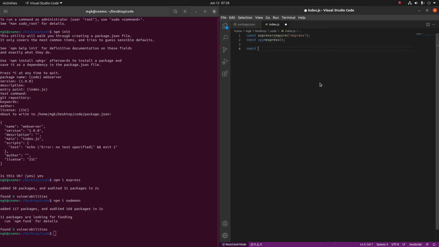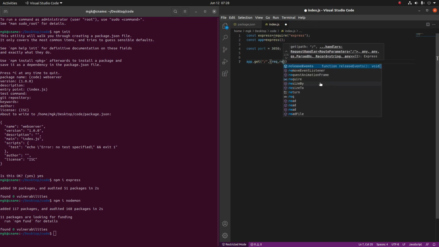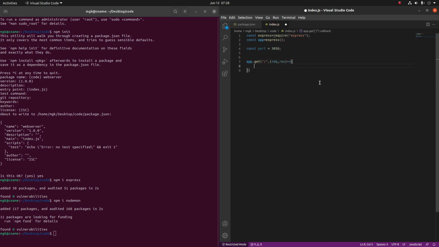Next, we need to define a port on which our web server will be running. Let us define it as 3050. You can define any port which is empty, and then we'll make a get request. We'll write app.get on the home URL, which is slash, and here we'll be passing the request object and response object into an arrow function.